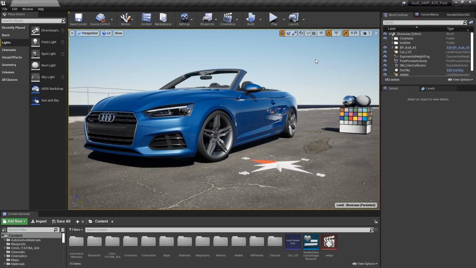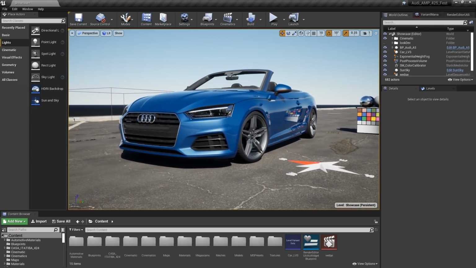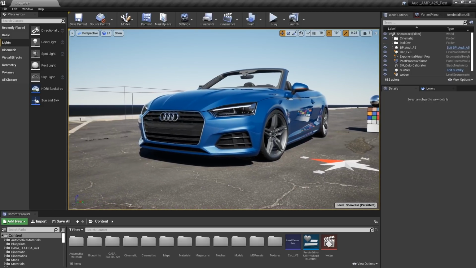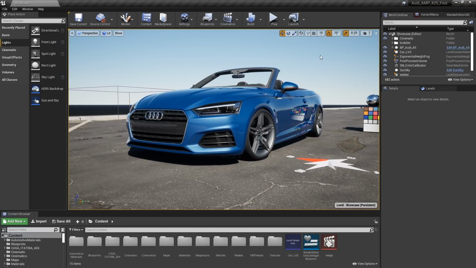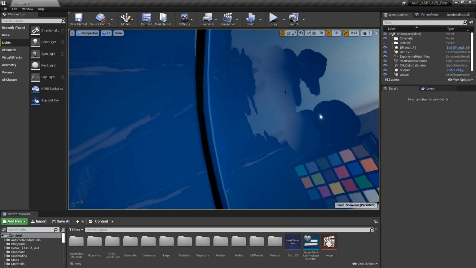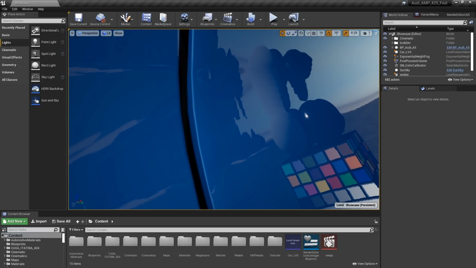The next issue that I want to show you guys how to resolve is bad reflections due to low precision normals. So look at the reflection of this color calibrator in the door of the vehicle as I start to move it across the screen. You're going to see all this weird swimming and kind of waviness happening in the reflection of that color calibrator in the door. Also, if we zoom in, you're going to see a lot of this kind of stair-stepping and just really bad artifacting happening across that reflection.